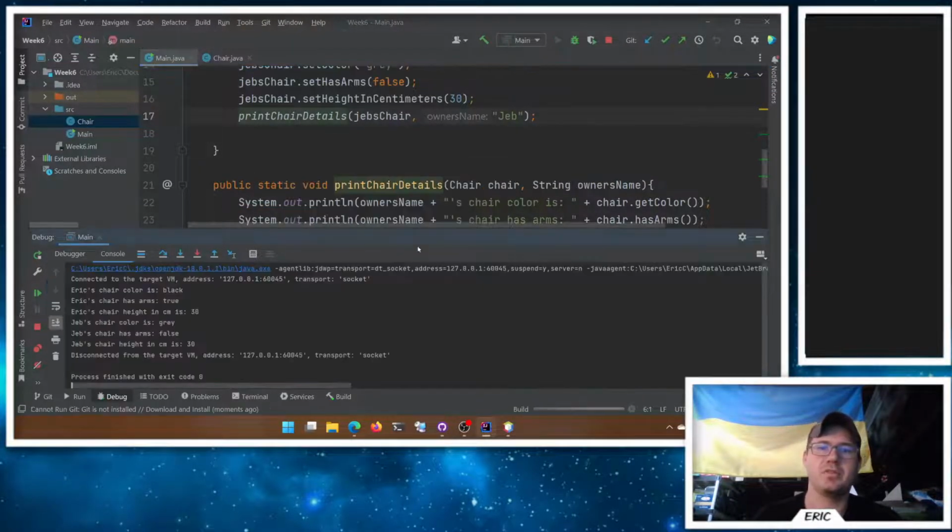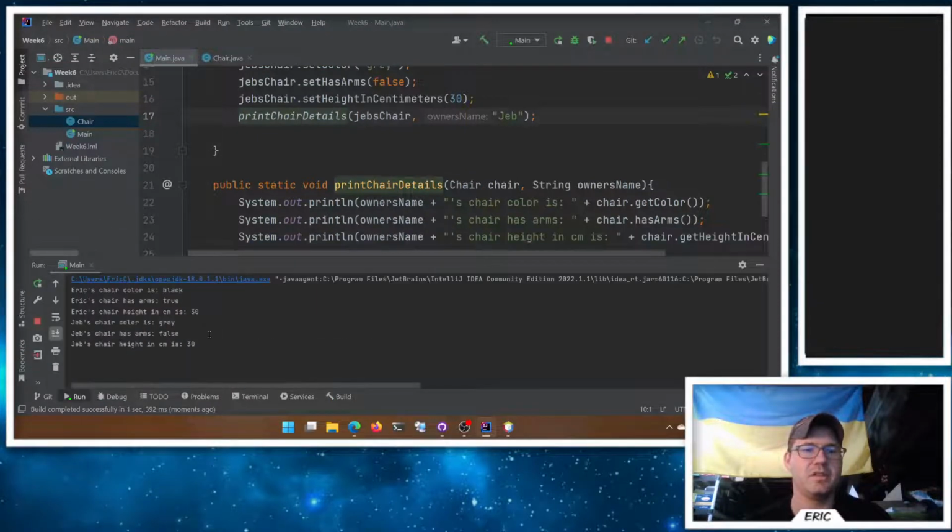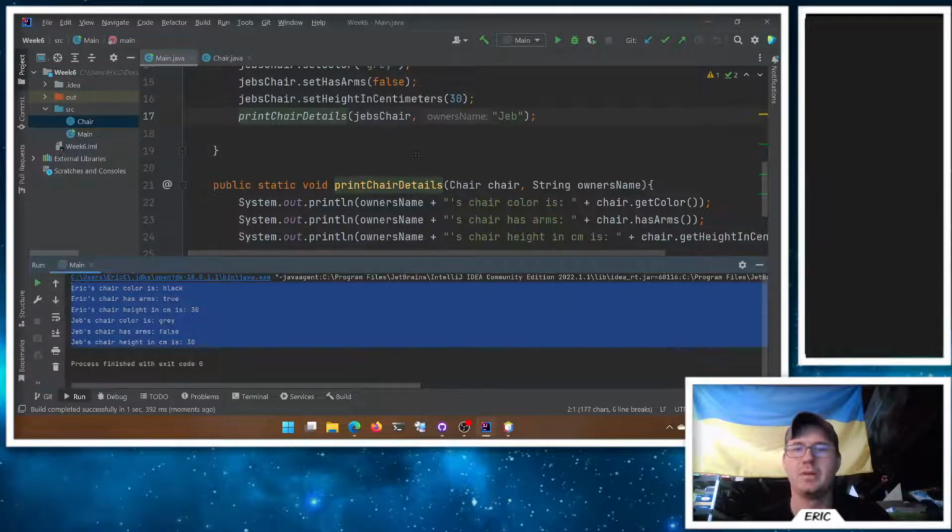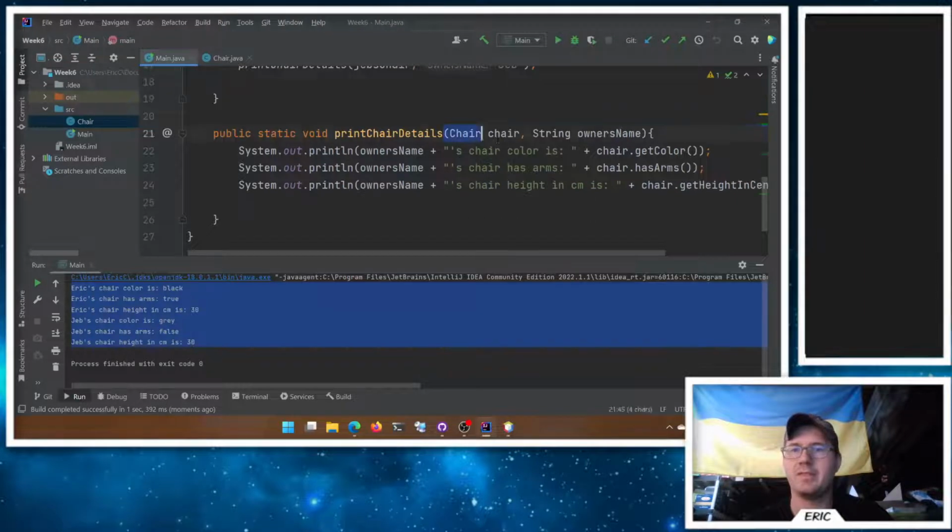So we give it a run, stop and run, and we get our details here, just like before, right? But now we're passing that chair as an argument, which is super handy, because now I can take an entire object with all of its attributes and pass one argument. If I were to do this before, we would have had to pass the chair color, and pass the chair has arms Boolean, and pass the chair height in centimeters as three separate arguments, which we could have done, but